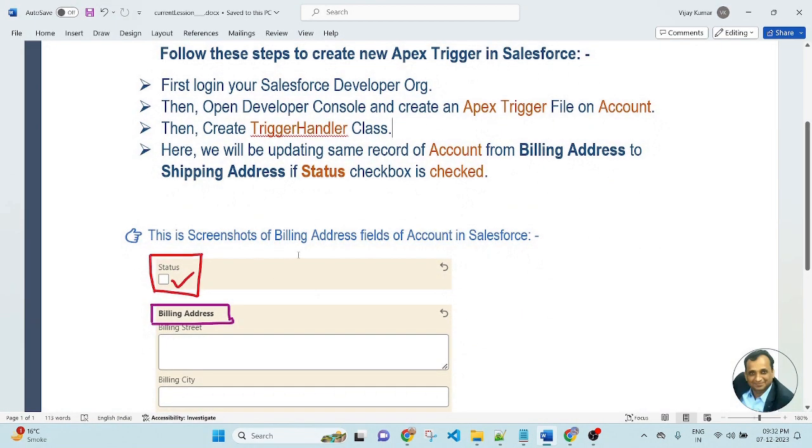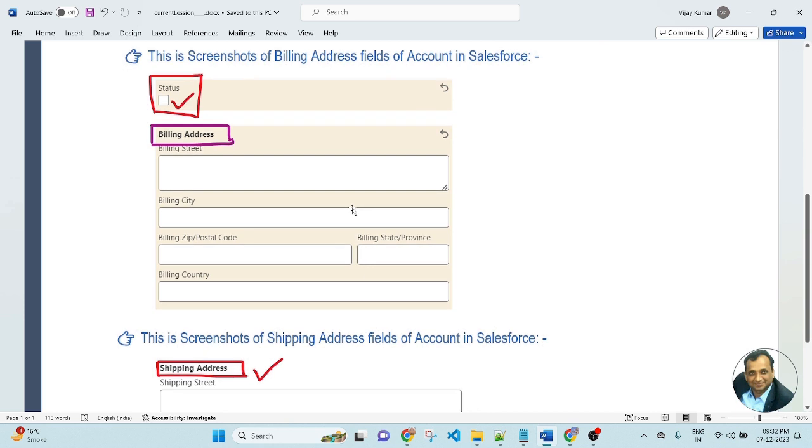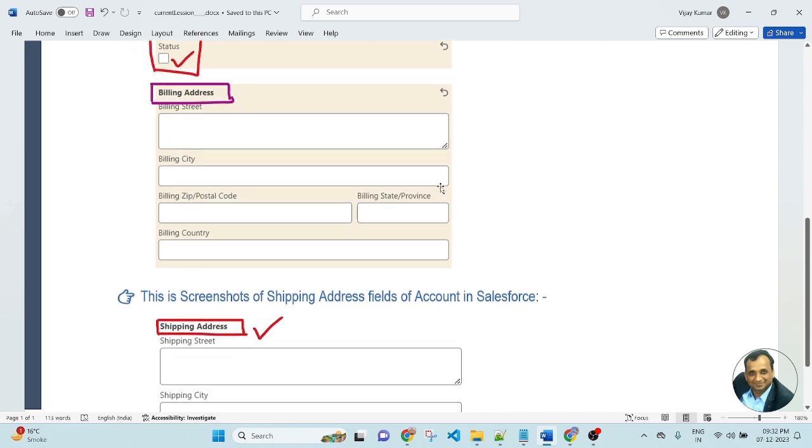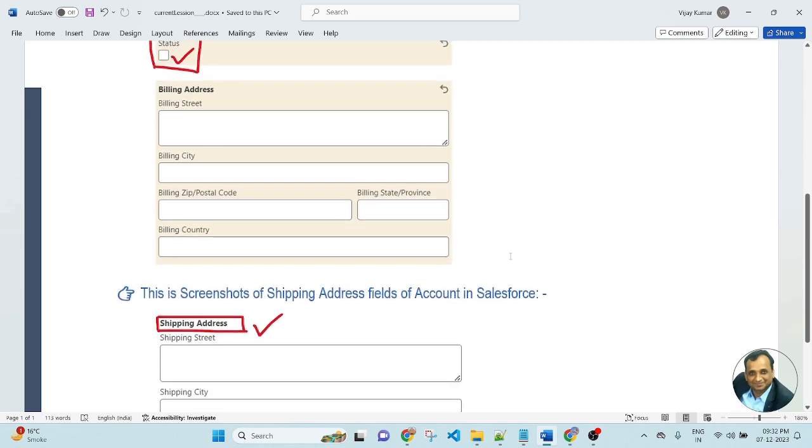This is a screenshot of the billing address field of Account in Salesforce. There is a checkbox of status. This is a custom checkbox. Whenever you click on the checkbox and it gets true, then we will update the billing address to the shipping address. This is a screenshot of the shipping address field of Account in Salesforce.